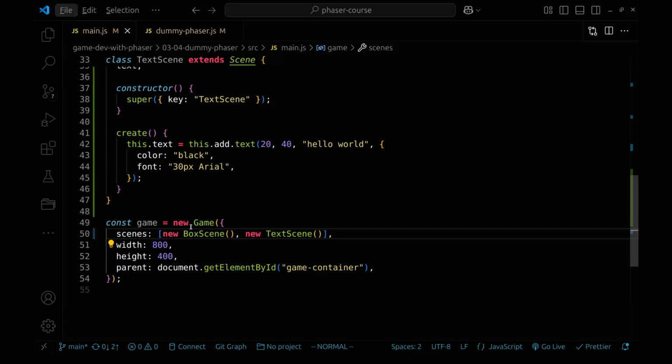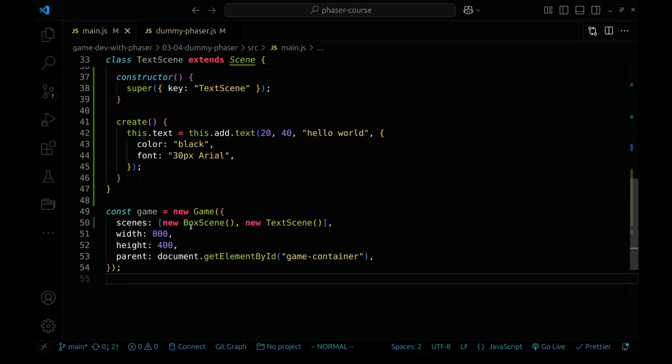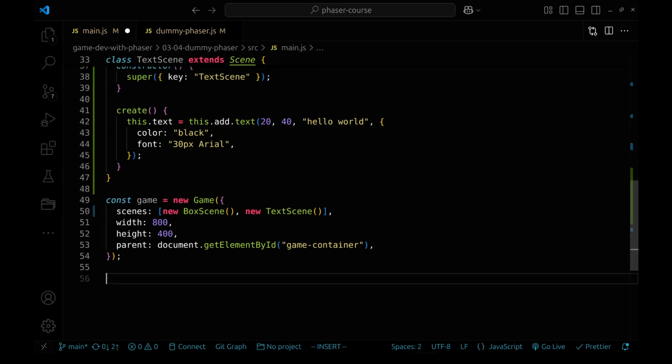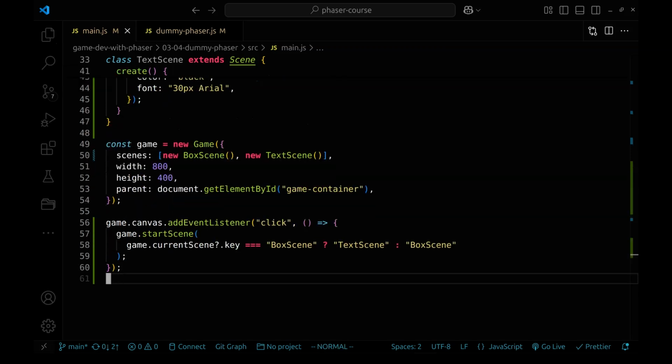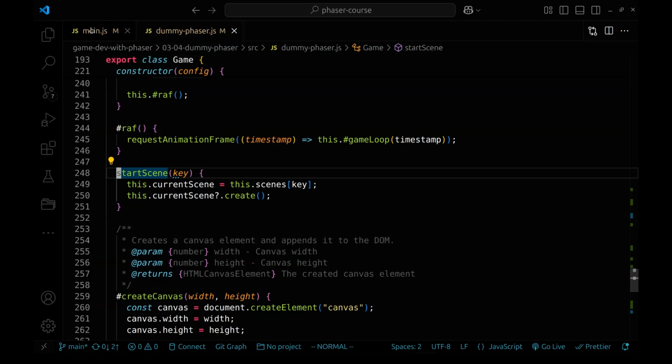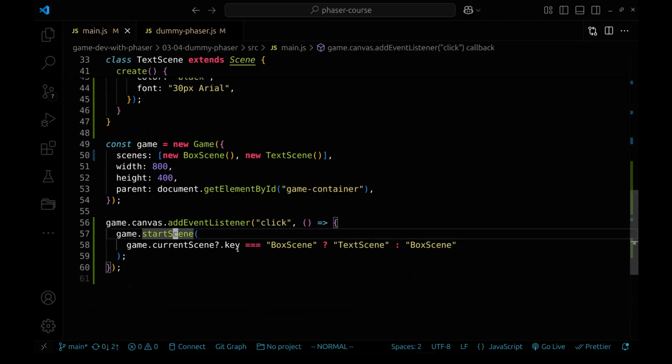And with that, we are missing only the functionality to switch between scenes on click, which I will not add to the library itself, but I will simply use the same approach we did before. Simply adding an event listener of on click to reuse our start scene, right? The one we've defined inside our game. Such that when the current scene's key is the box scene, we'll simply change it to be the text scene. We'll start the text scene, otherwise we'll start the box scene. So with that,